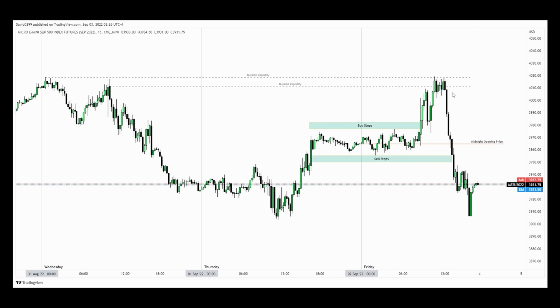If you want to trade this particular day with NFP, you can go to lower time frames, 1 minute, 2 minute, 3 minute chart, or even a 5 minute chart, and look for setups around here to short into the sell stops. And one thing I want to mention is that right now we are in a risk off environment,